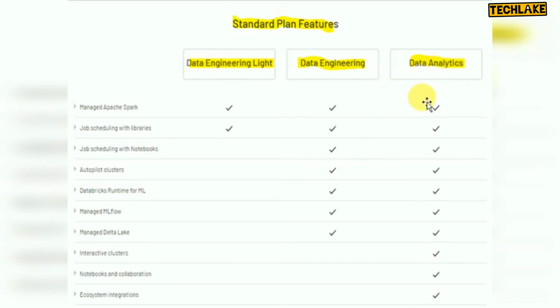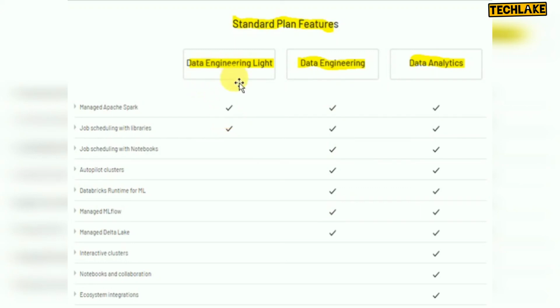Normally the machine learning team and other team members can go with data analytics if multiple people are retrieving data and creating reports in Databricks itself. Otherwise, if you are doing a data engineering job, just extracting data, doing transformations and loading data, you can go with data engineering. Another one: if you have existing Spark code, with jar files available, and you want to trigger that, you can go with data engineering lite.